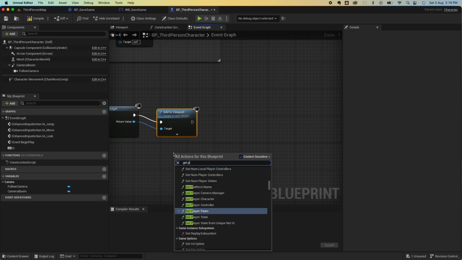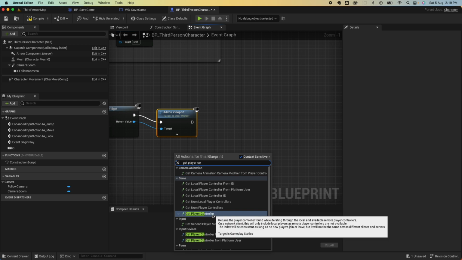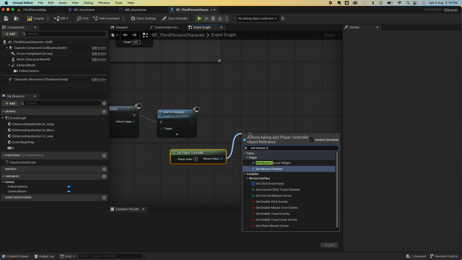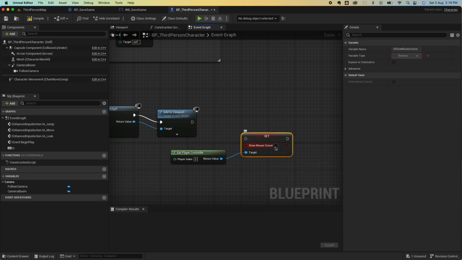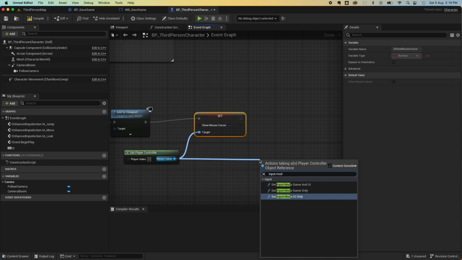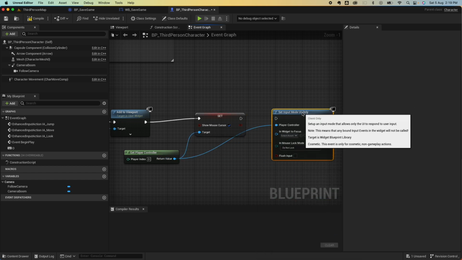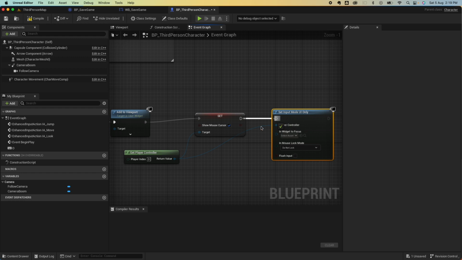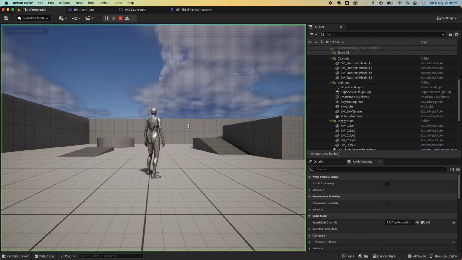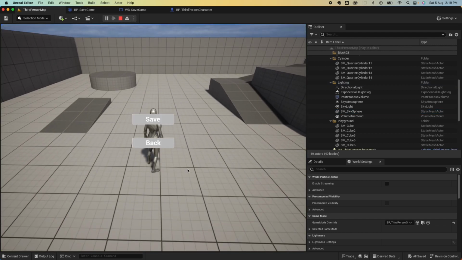We also want to get the player controller and set the mouse cursor to true. And we also want to set the input mode, so input mode to UI only. Hook that up like so. Create a reroute node here. Cool. Save. And when I now hit play here and hit the O key, I could now save,